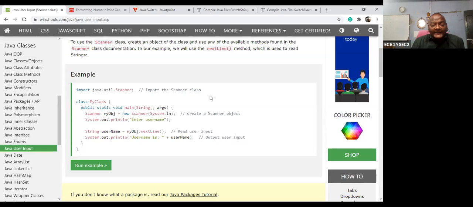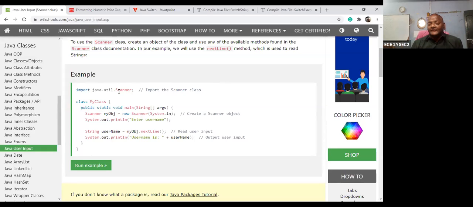Before that, if you are using the input functions, then you can use import java.util.Scanner. That means the system can accept the user data in Java. The first thing is to import this class. What is the class name?